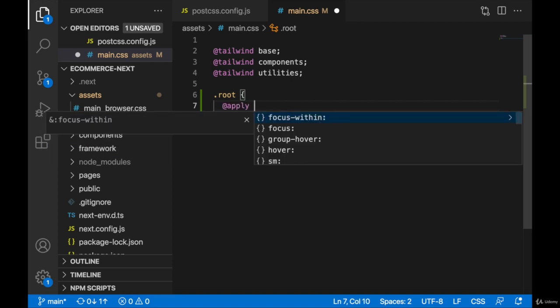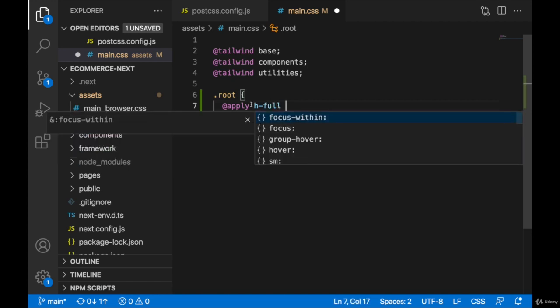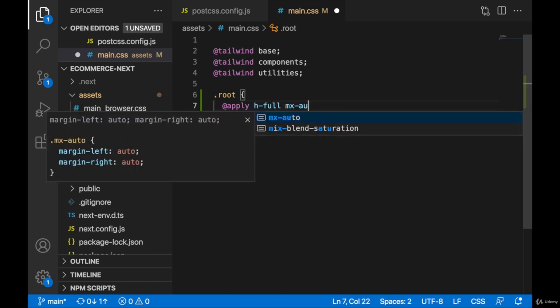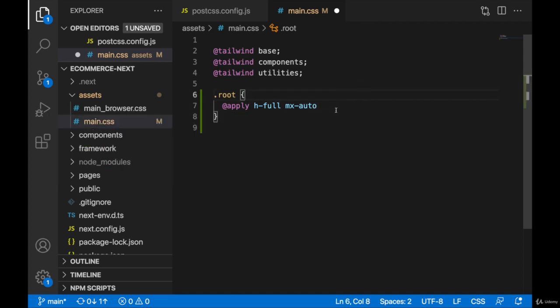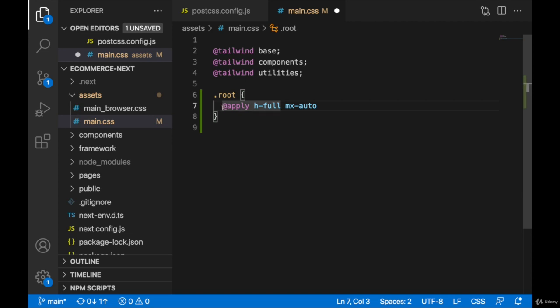And this will basically apply inline stylings. So for example, I can write something like this: h-full and mx-auto. This is something only defined in Tailwind, h-full and mx-auto. All right. And when I hover over, you will see this class is providing height 100%, and this utility class is providing margin left and margin right auto. Okay, so when you're using this directive apply, you can target some specific Tailwind classes, and that's what you're integrating